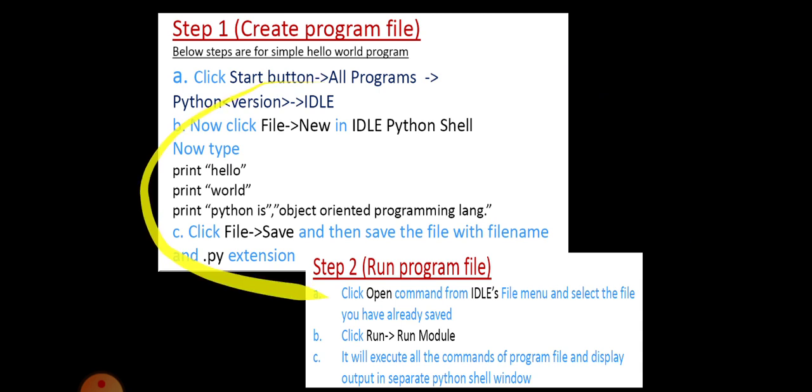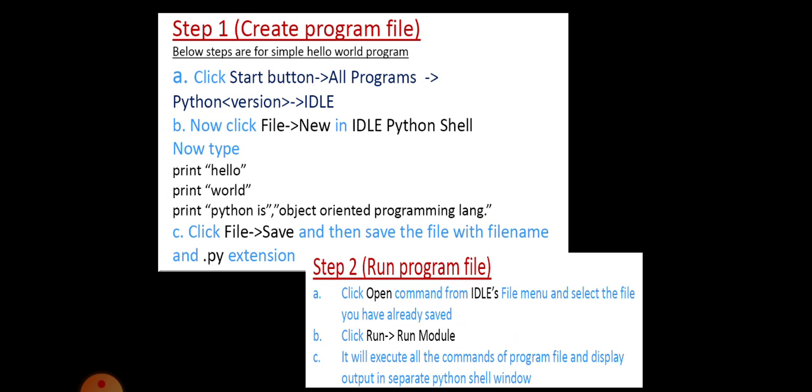So this slide indicates the steps to create a program file. As I said earlier: Start button, All Programs, Python version IDLE. Now click on File, then New, then type the code or the script or the program. Then click on File again, select the option called Save, then save your file with the extension .py.